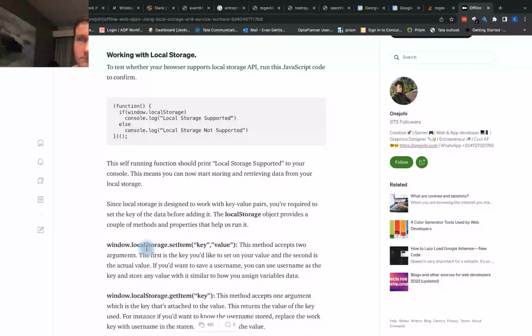So if someone was using an application on one browser, and then they go back to the application, whatever is in the local storage would still be there. But if they tried to use that application on a different browser, it wouldn't be there because it's